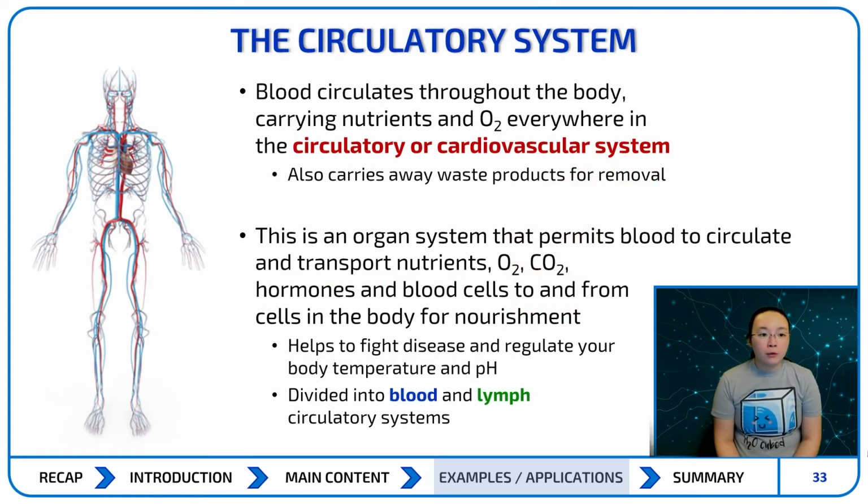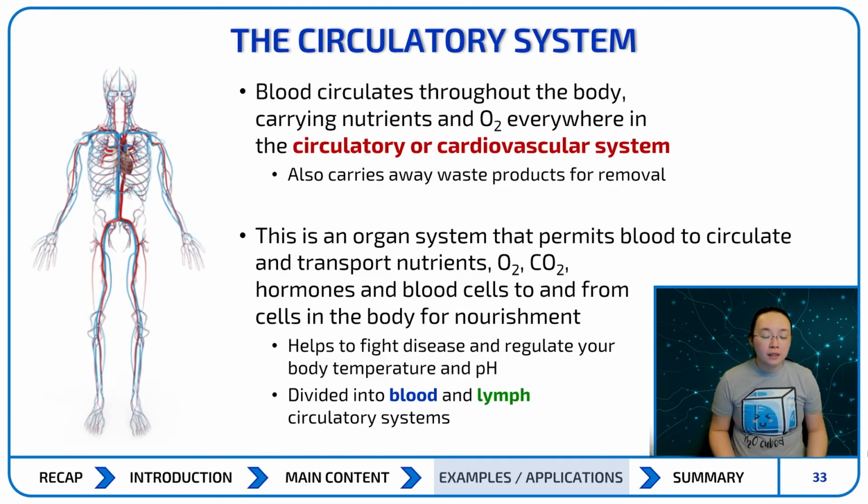Now let's go through a brief overview of the circulatory system. I won't really go through the slide too much because it's not as important, but the key thing is that your blood circulates throughout the body. It carries nutrients and oxygen everywhere in the circulatory, or also called the cardiovascular system. It also carries away waste products for removal. The cardiovascular system is an organ system that allows your blood to